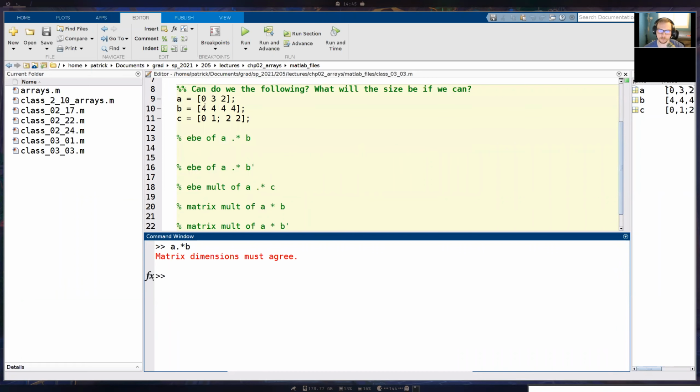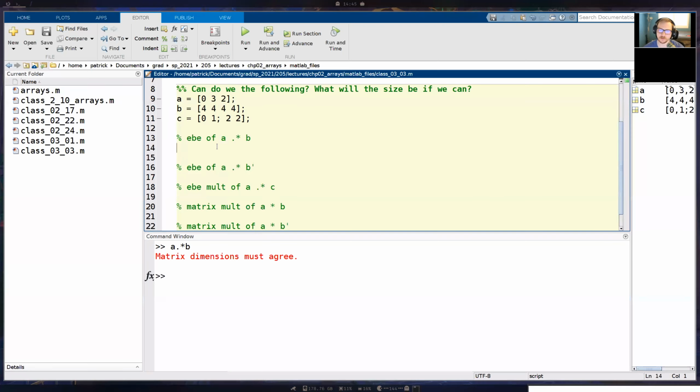We're trying to do basically 0 times 4 for one index, 3 times 4 for the second, 2 times 4 for the third, and then we don't have a fourth index in A to match with the fourth index in B. So because of that, we can't do this element by element multiplication.